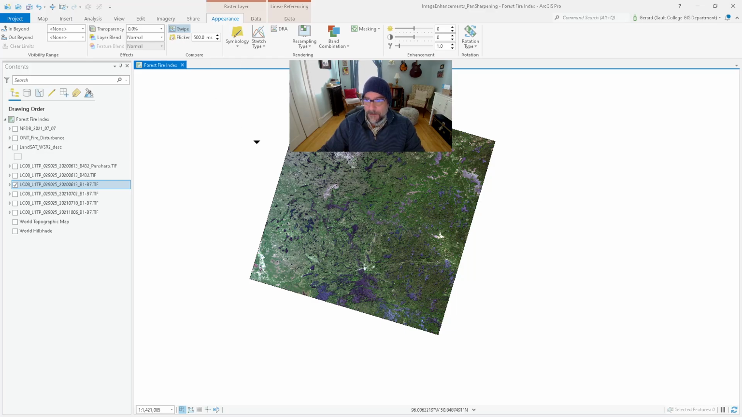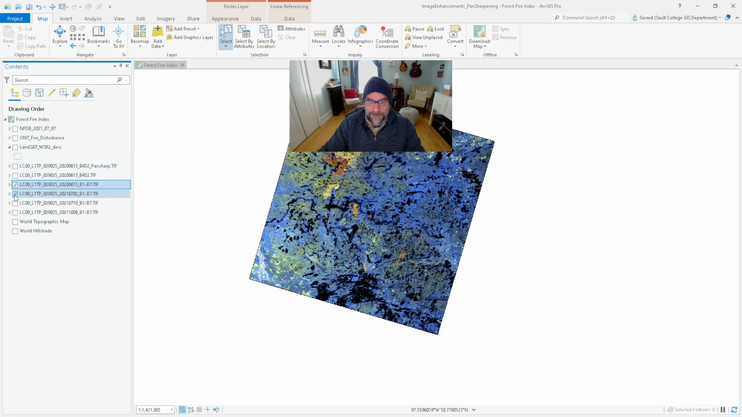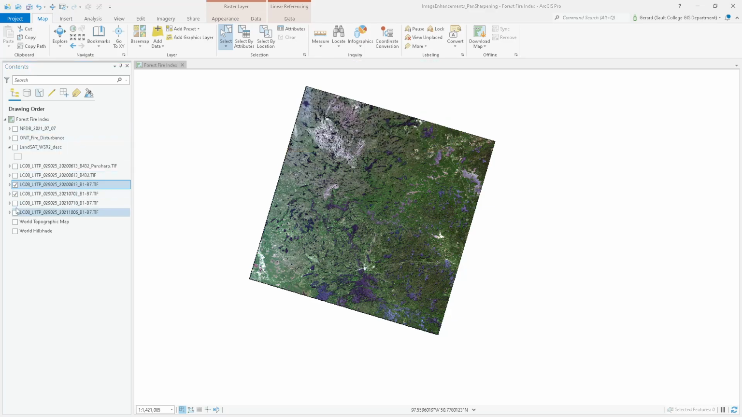I'm going to turn off my swipe. That's pretty important. So I'm just going to switch over to just the regular selection tool. Nothing really to select. I'm going to turn on all of my 7-band images. I'm going to turn off my camera. You should still be able to hear me, I hope. I'm going to turn on all my images